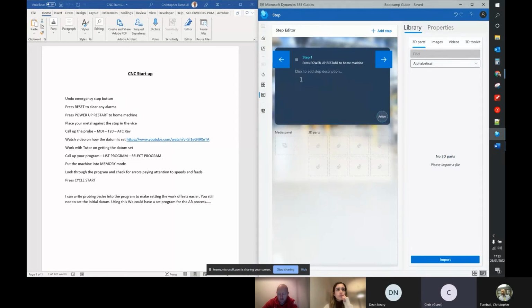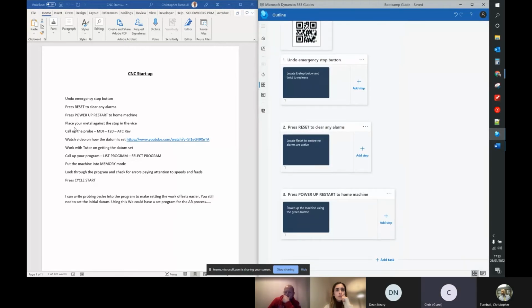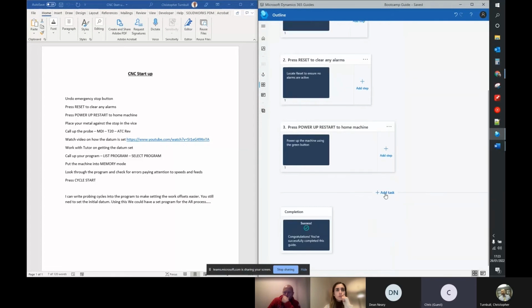I'll just power up the machine using the green button. Back to here again. We've already placed the metal in, so I'm not going to put that one in. We don't need to call up the probe because I've already done that. I've written that into the program. So what we're going to do instead for this one is have it called